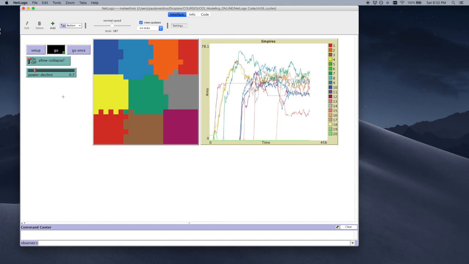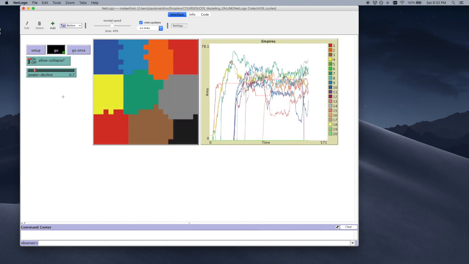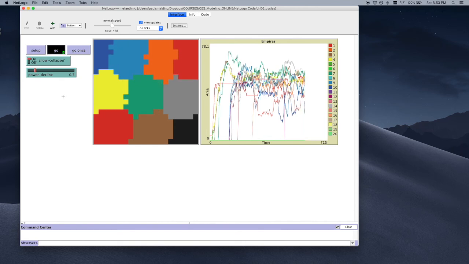So we get the emergence of these moderately sized empires that are pretty stable, with minor border skirmishes oscillating a little bit. And to the extent this model is valid, this indicates that technologies that improve travel and communication over long distances might also lead to larger but less stable societies.